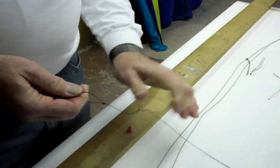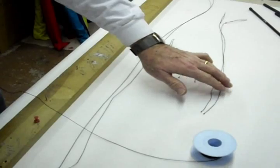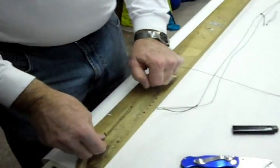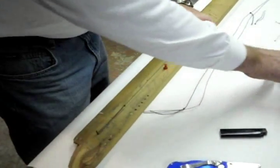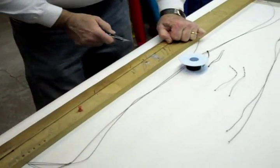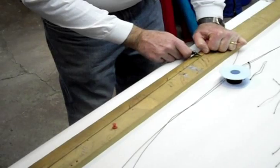Usually I've got a spool. Let's say that I was doing the outhaul, which would have a loop. I've got it on a nail on the board. I know when it's tied properly and the line is out, that on this particular one, I'm using a new system, and this one I've got marked as a UL, that I cut this at a specific place